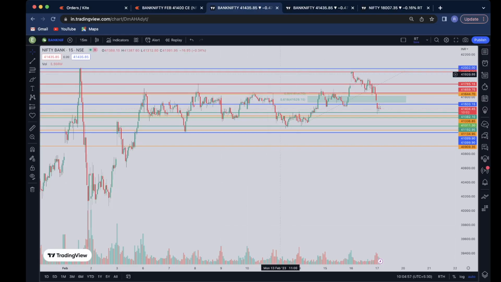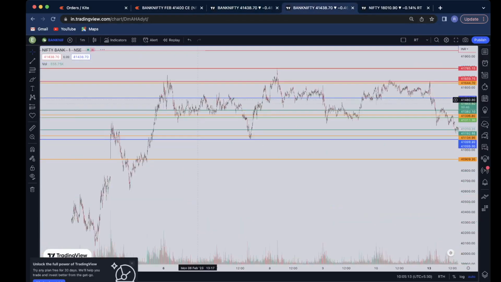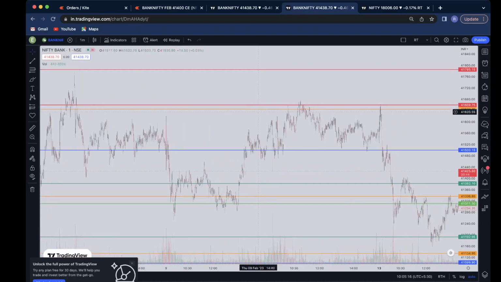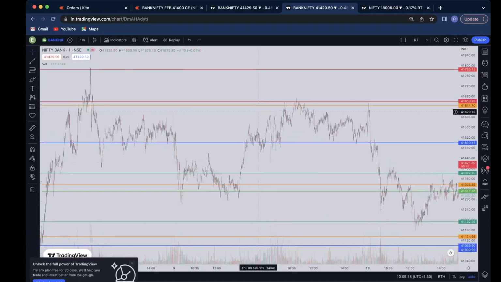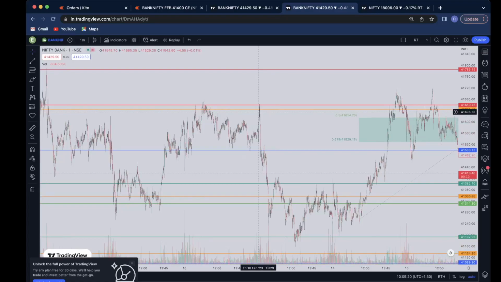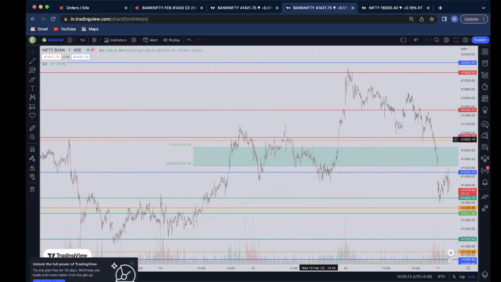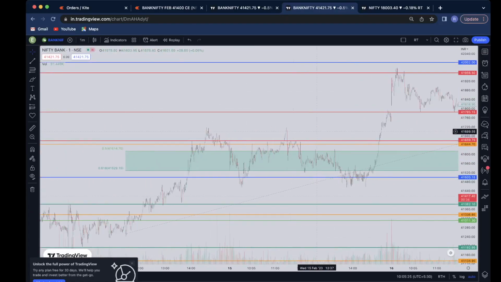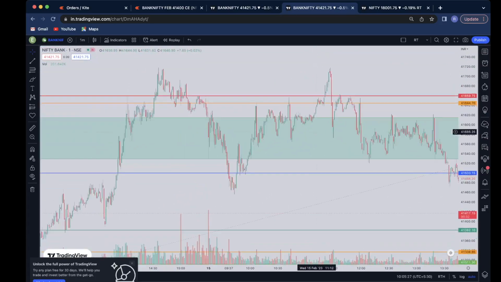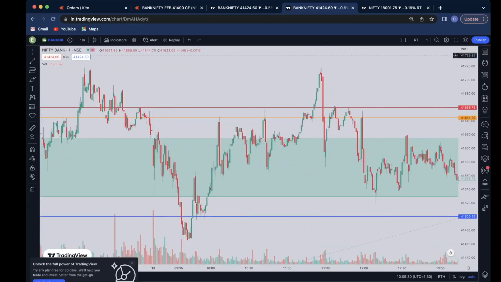We saw that on the day before yesterday's charts also, and a similar thing applies here. The market gave a breakdown a day before yesterday, then it tested the resistance level and came down, because most of the people would be buying here. That's how the market traps. I will quickly brief you here. So this was yesterday and this was the day before yesterday.